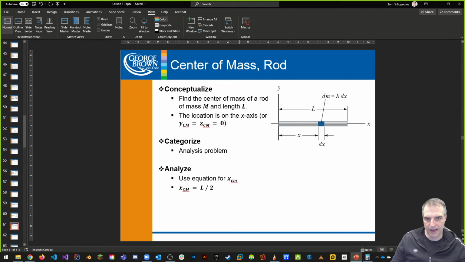How about the center of mass of a rod? That's different. Find the center of mass of a rod of mass m and length L. That's pretty simple. Here's a question: is the rod itself connected to a wall or not? If the rod is not connected to the wall, then the center of mass would be pretty much in the middle of the x-axis, the length of the object. Again, this is a perfectly shaped rod with equal density across the entire thing, where density is the amount of molecules or mass across the rod.